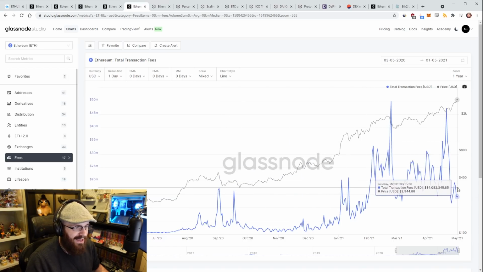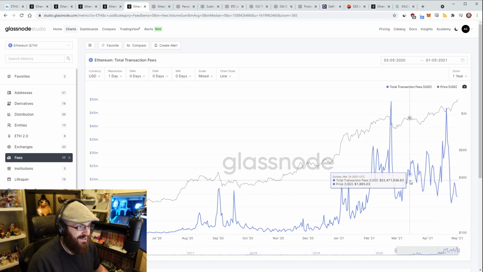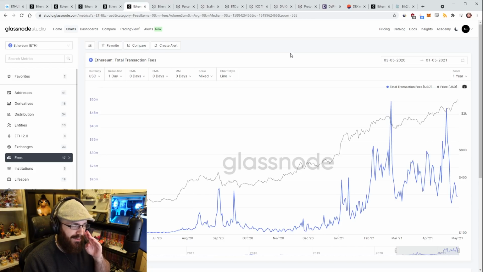I'm curious to see where we baseline. Do we keep going down from here? Do we see sub 10 Gwei transactions going through again? That'd be kind of cool, I think. And then obviously people come back to Ethereum and are able to do a lot more things because the gas is cheaper. But yeah, the fee stuff is definitely something that I've been keeping a very close eye on myself, and I know a lot of other people in the ecosystem are as well. Something to keep an eye on, that's for sure, and see where we bottom out. I'll definitely be following up on that in next month's data pump.